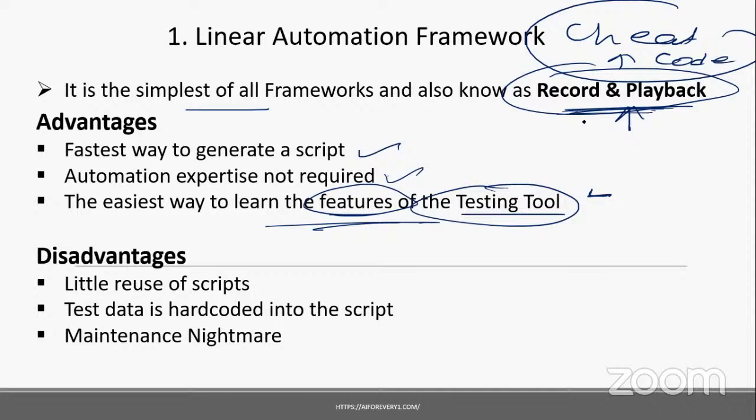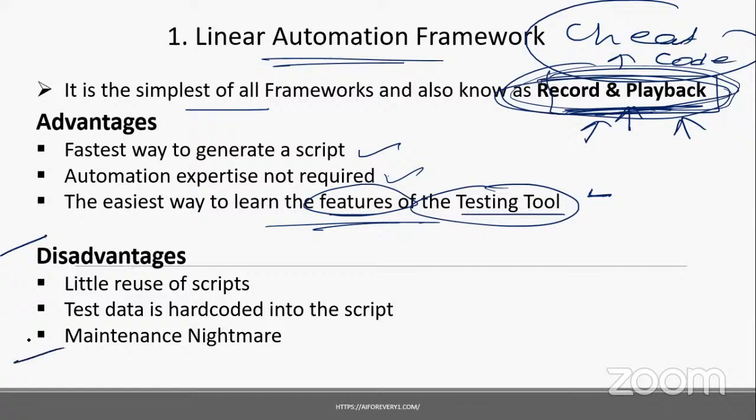That feasibility analysis, we have the topic, we will discuss at that time. But right now, I am saying the cheat code is record and playback. That is the only place we will use record and playback. In the rest of the places, you should never touch this option. But the world thinks, I mean the rest of the non-technical users think, the automation team is doing record and playback. It is not so. Let's see how we have migrated to the next level.